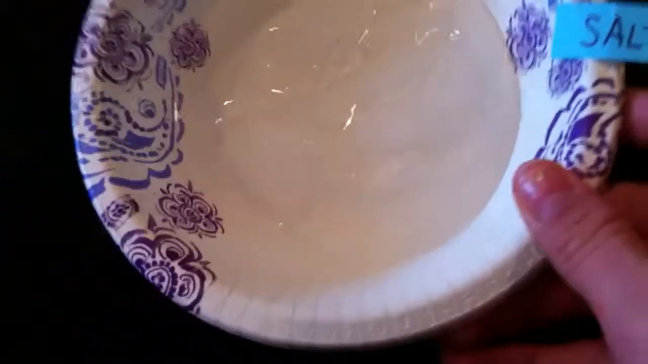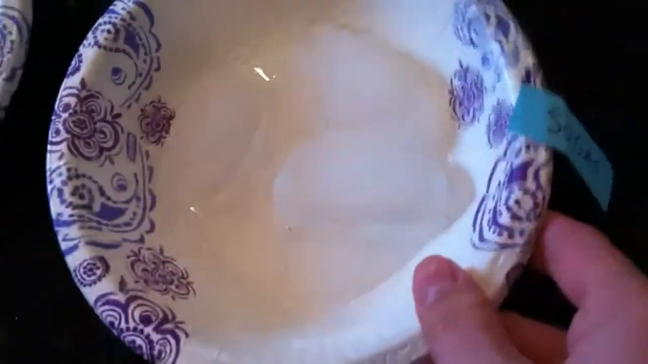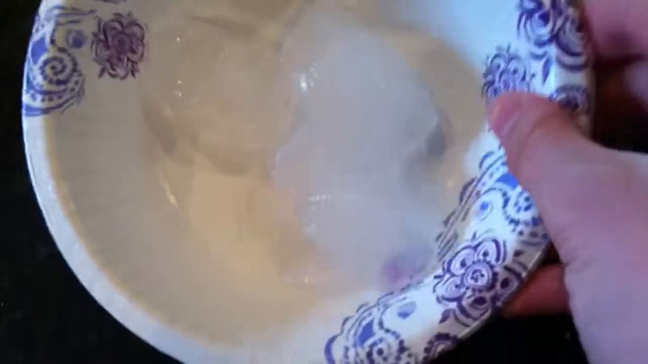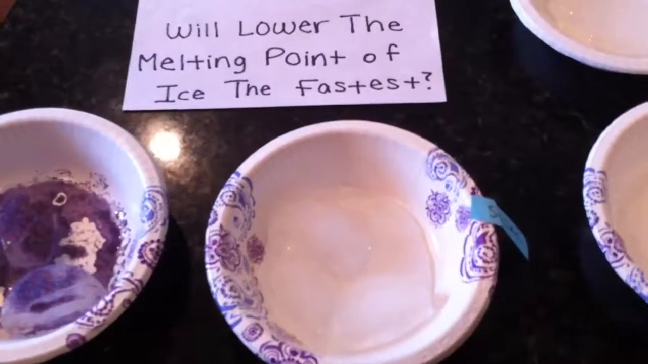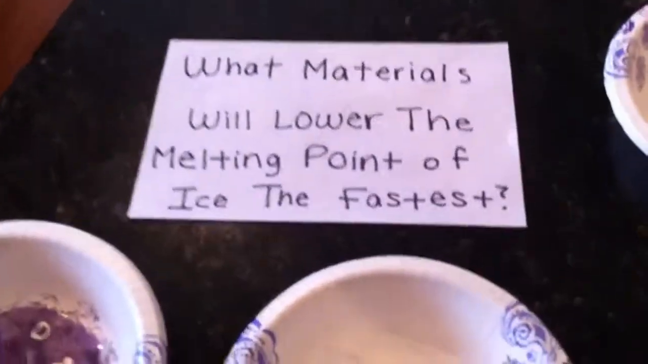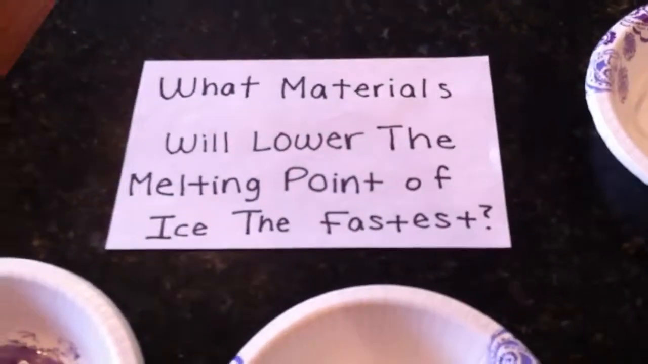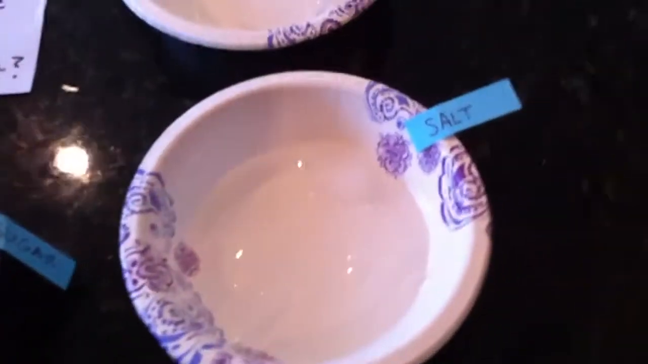that salt has obviously melted the ice the most and lowered the freezing point. Sugar has melted it too, but not as much. And without anything on it, it didn't melt as much. And that concludes our experiment of what materials will lower the melting point of ice the fastest. And we learned from doing many observations that salt